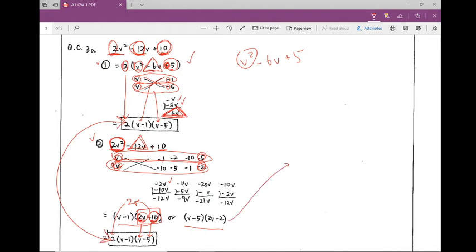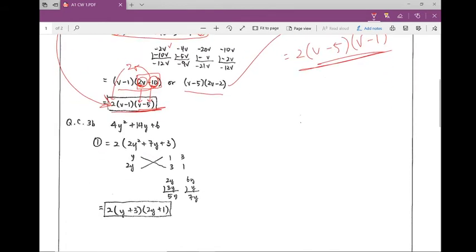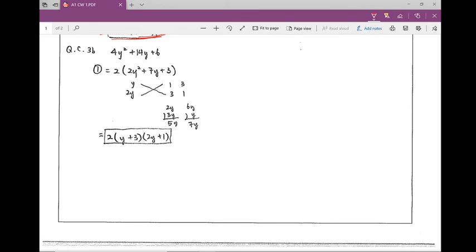Same thing with this case. If I have v minus 5 times 2v minus 2, I can take out the 2 from this second binomial. If I divide 2v by 2, I get v. If I divide negative 2 by 2, I get negative 1. And notice how this answer is exactly the same thing as this answer. And so we're done. I'm going to try this one more time with 3b, because in 3b's case, I'm going